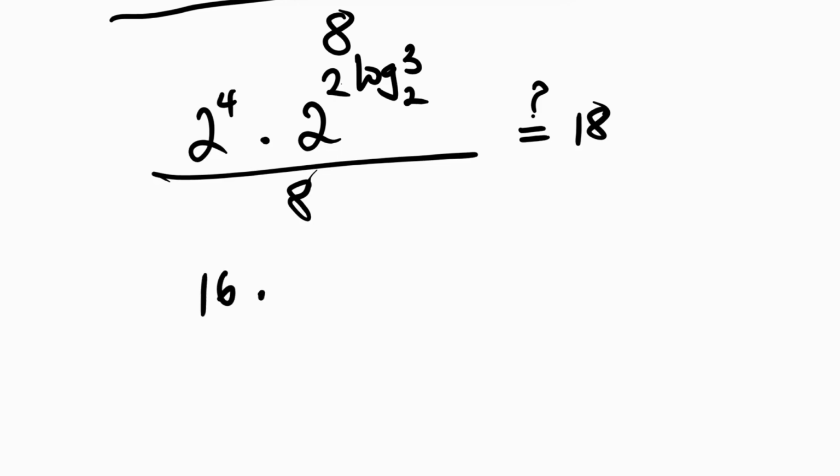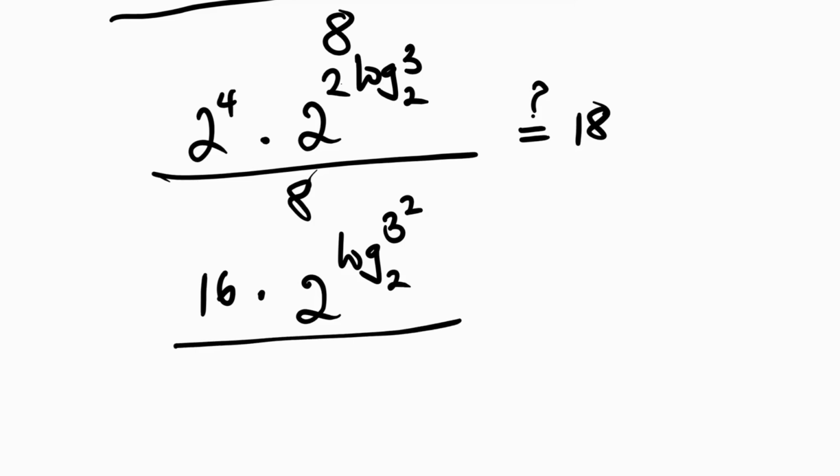We know that a, okay, so let's rewrite this first. This is the same thing as 2 raised to the power log of 3 squared base 2, divided by 8